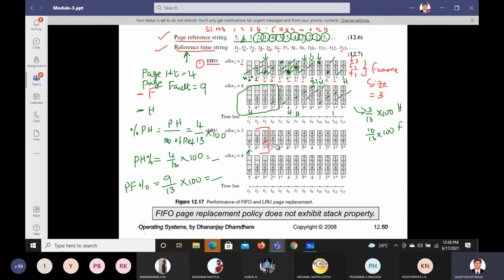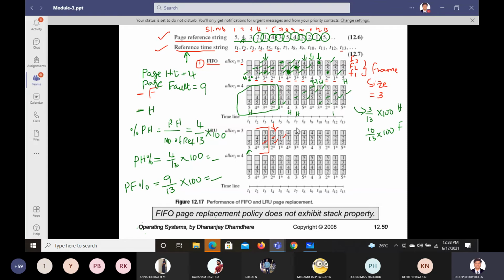So 5 we replaced and we are coming to 2. This one will be entering. And after that, next iteration, we have to enter 1. So 1 we have to enter, we should check for 3, 4, 2. 3 is here, 4 is here and 2 is here. So 4 is the old one. So 4 will be replaced and we write 1. And next is 4. 4 again it's coming.